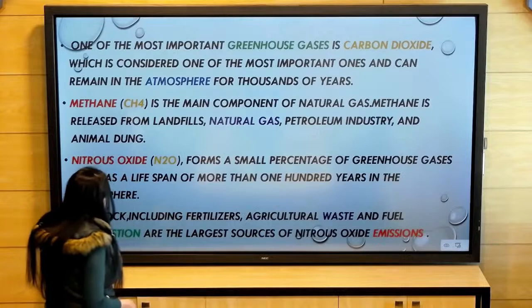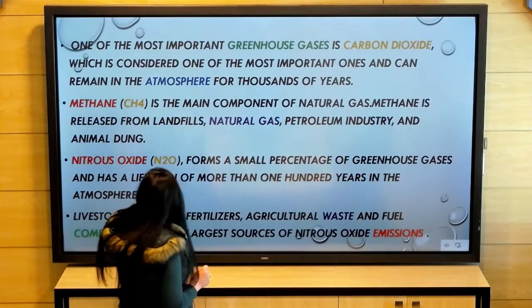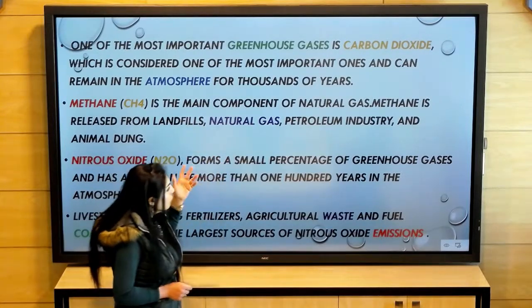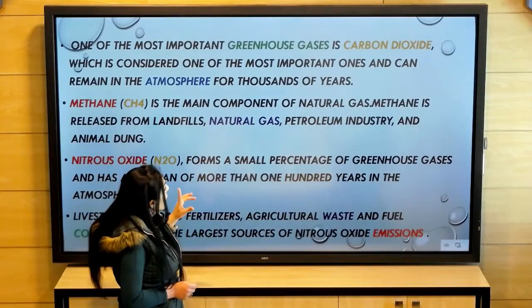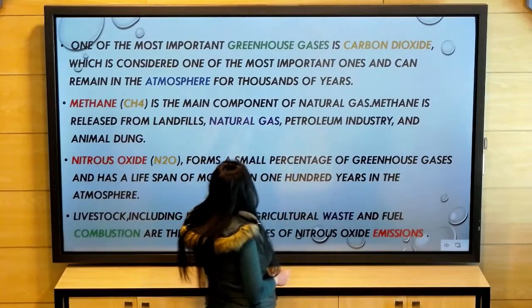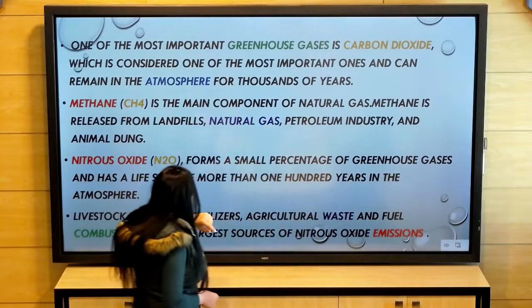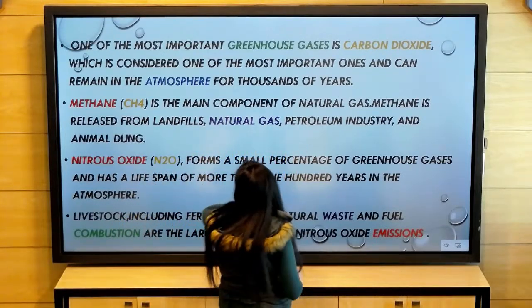Now, methane, or CH4, is the main component of natural gases. Methane is released from landfills, natural gas. So where do we get the gas methane? We get it from landfills, natural gas, petroleum industry, and animal dung